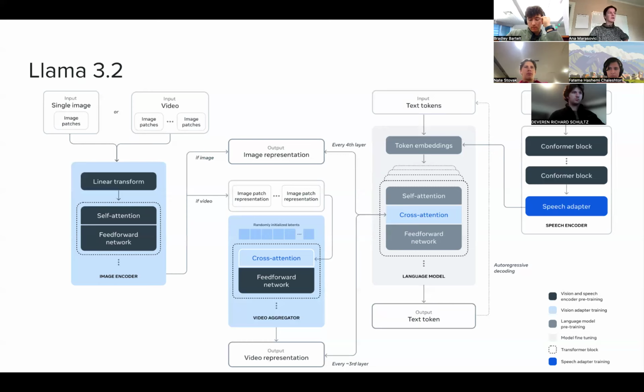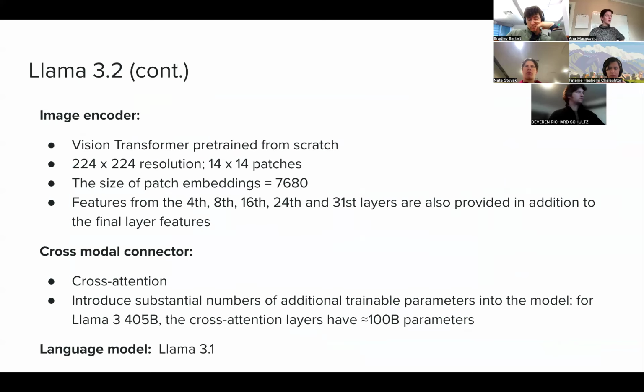Okay, and another thing we know from this visualization is that image or video processing is really similar, except that video is a sequence of images stemming from different frames, and therefore the sequence of patches is much longer. Okay, so to make it a little bit more specific, Llama 3.2 has, as an image encoder,